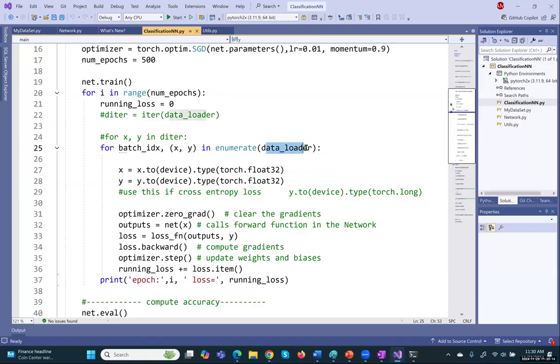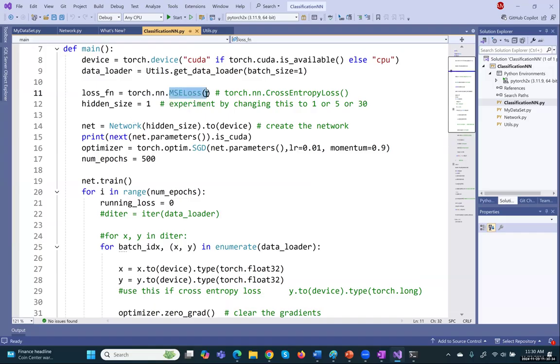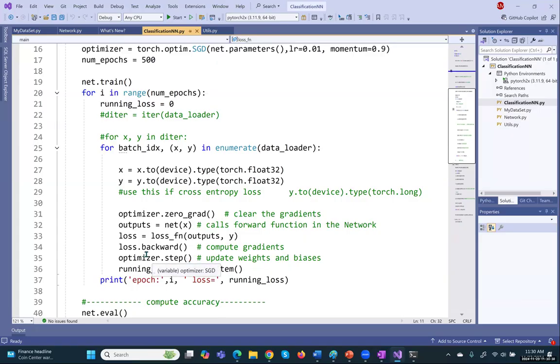From the data loader, anytime we go through the data loader, we get batch IDX, X, Y. So X is the input and Y is the corresponding expected output or the target. So the loss function will use both. In this case, what loss function did we create? Mean squared error. So we'll do the mean squared error. And once we say loss dot backward,